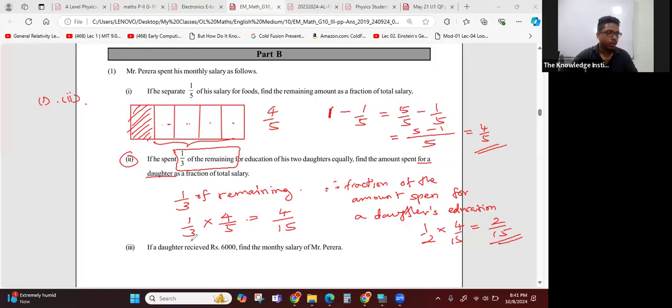Okay, and then Roman number 3. If a daughter receives 6,000, find the monthly salary of Mr. Pereira. Okay, so let's say Mr. Pereira's salary is X. From this X, 2 out of 15 is given for one daughter's education, and that value is equal to 6,000 rupees. Then you have to find X. So take this